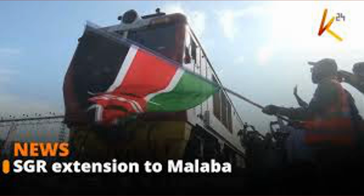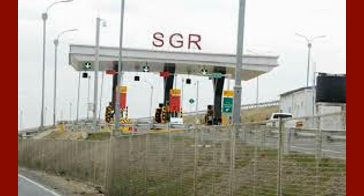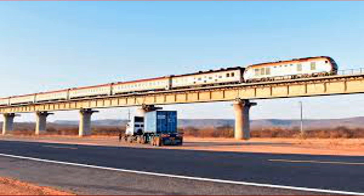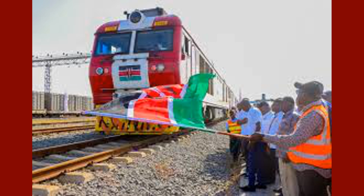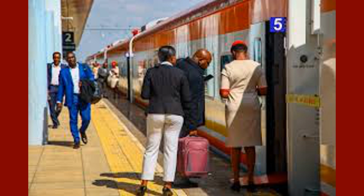In this video, we'll be talking about the SGR extension from Naivasha or Suswa to Malaba through Kisumu. It's now official that Kenya will be extending the railway from where it stopped in Suswa up to Malaba, which is a border town with Uganda. It's also official that this project will be financed through a multi-way funding model, which is between China and Kenya